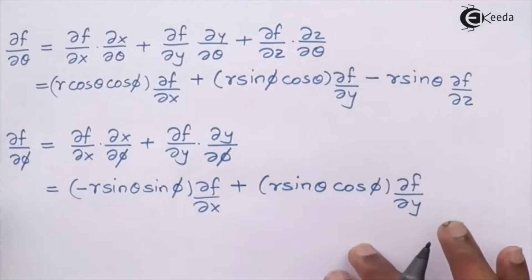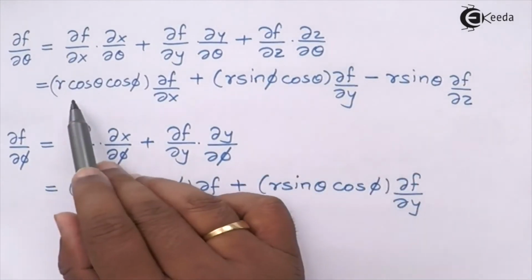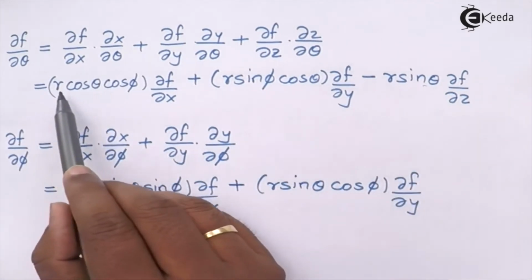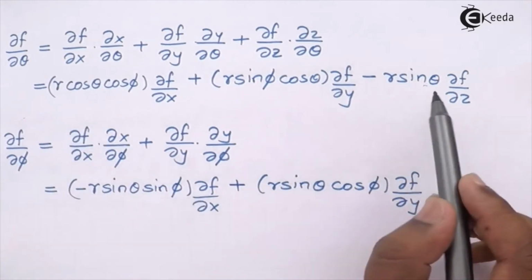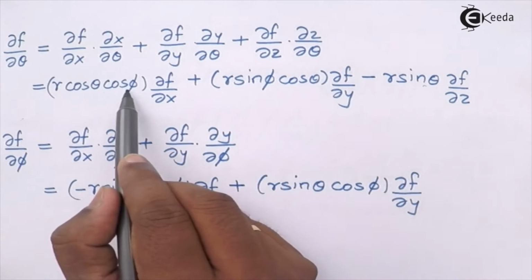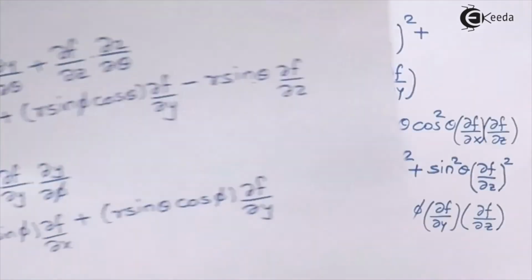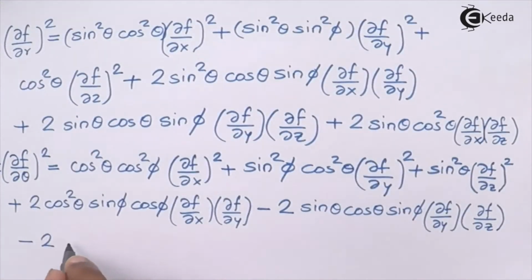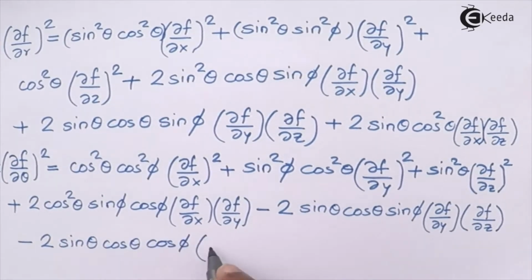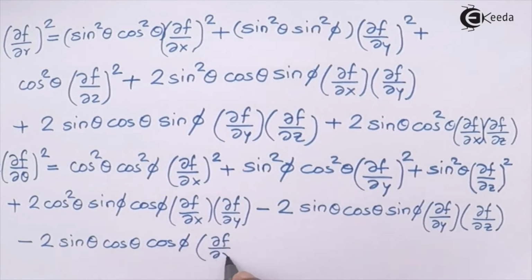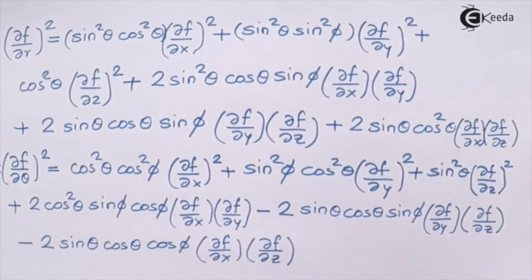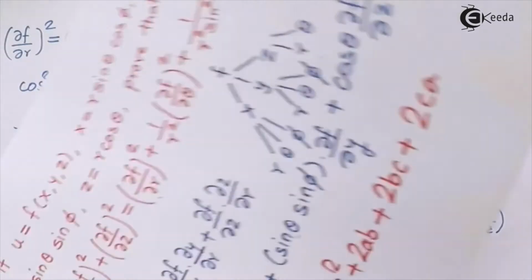And in the end 2 times CA. So again if I multiply these two terms, r and r square will be cancelled and we'll get again a negative sign, 2 times sin theta cos phi, this into this. So here I'll write. So guys, here we got the value of the second term.